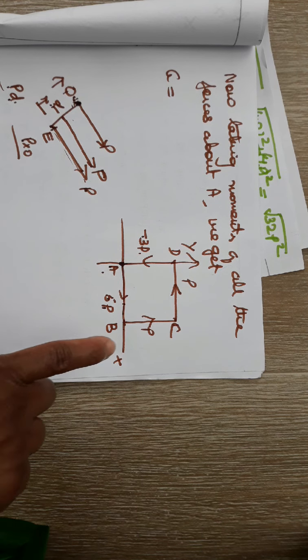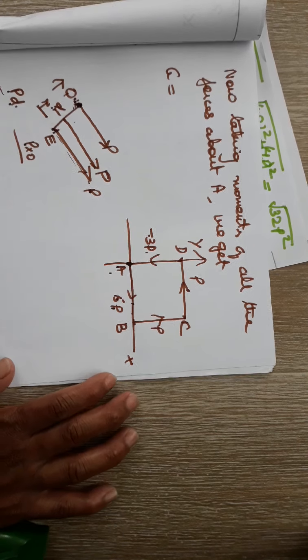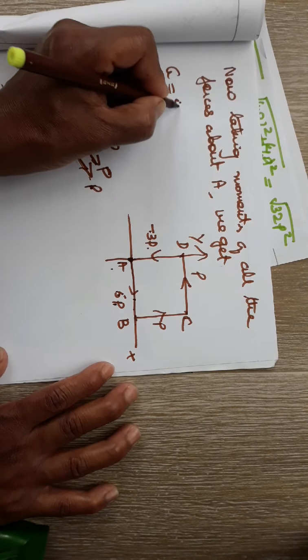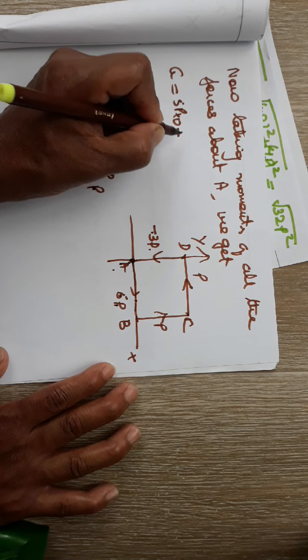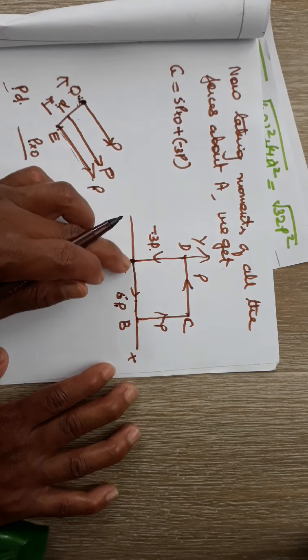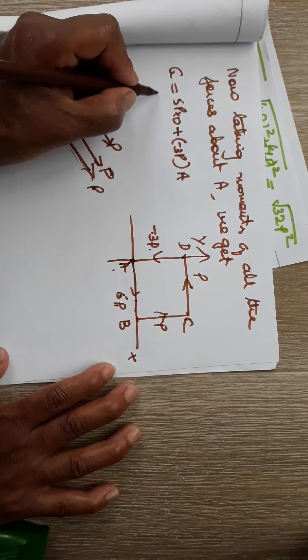Next I'll take the moment of the remaining two forces about this point A. So you have here 5P into 0 because it is passing through this point, plus minus 3P into 0, all those forces which pass through A. Then P into A, and then plus